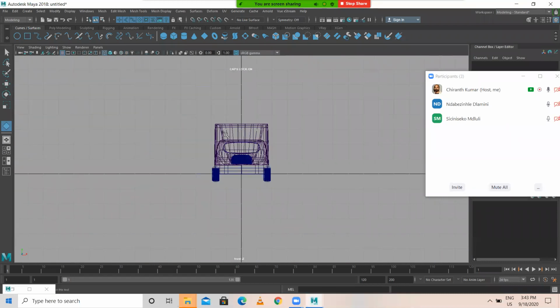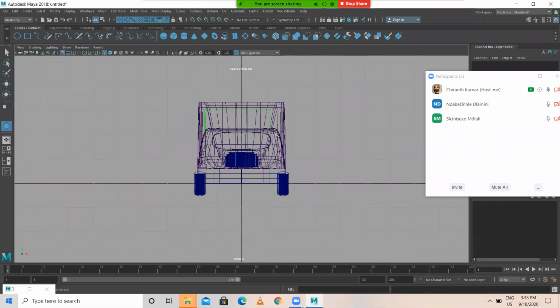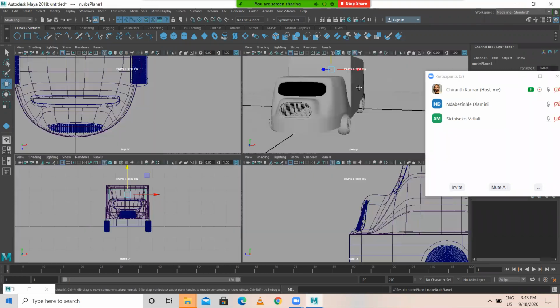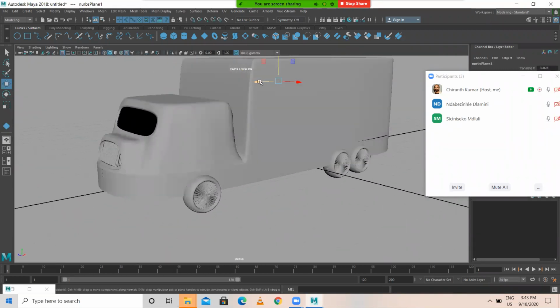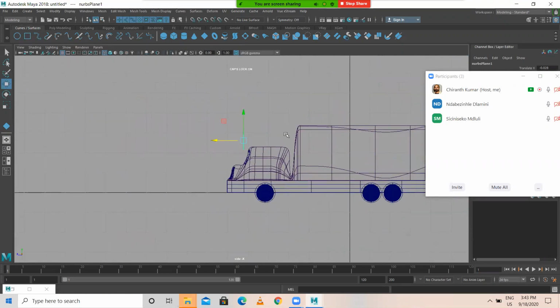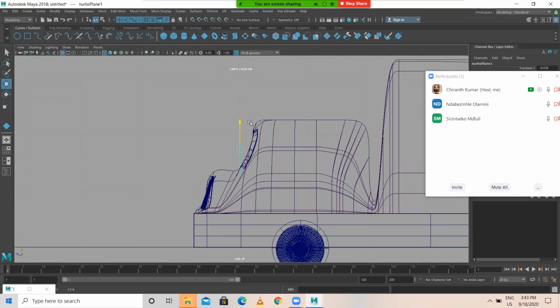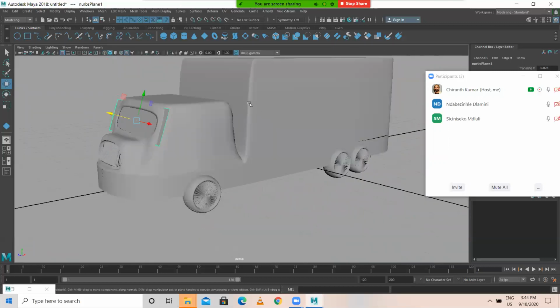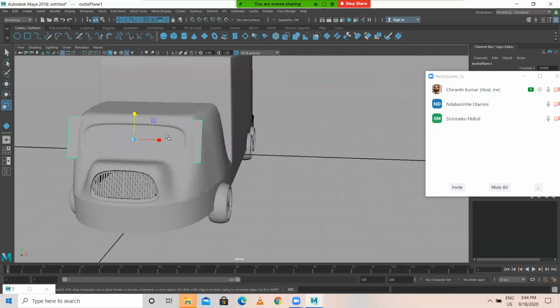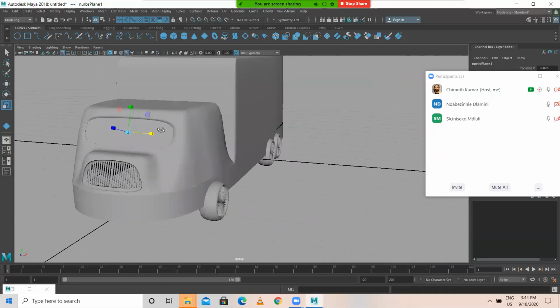You can add a windshield over here if you want, like a glass part. Just bring it down. Just rotate it like this. That's it.